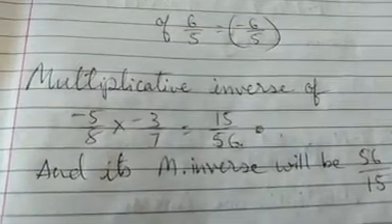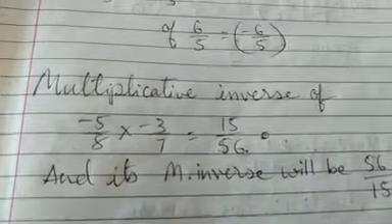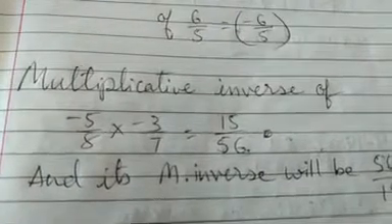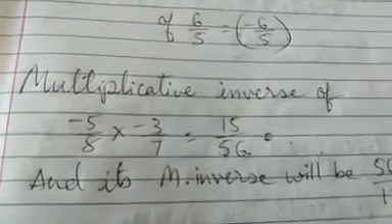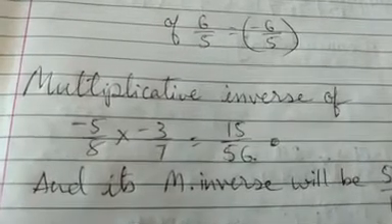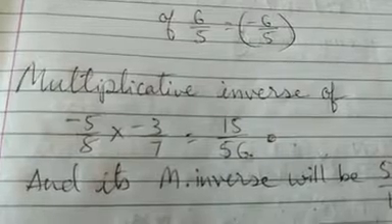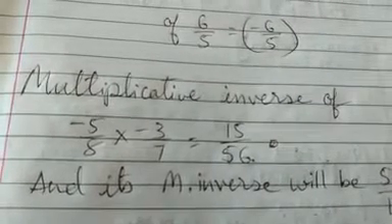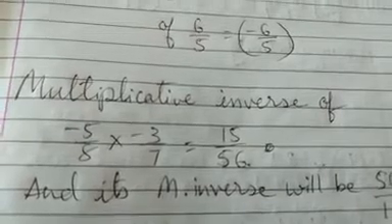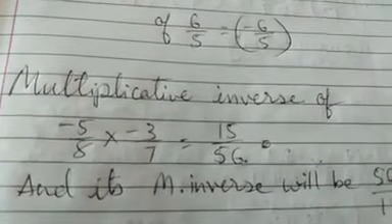Okay, now we move on to the next correction. Multiplicative inverse of minus 5 upon 8 multiplied by minus 3 by 7. Originally you multiply and get the product. Minus 5 into minus 3 gives you positive 15, negative times negative is positive, upon 8 sevens are 56. Okay, 15 upon 56 is the